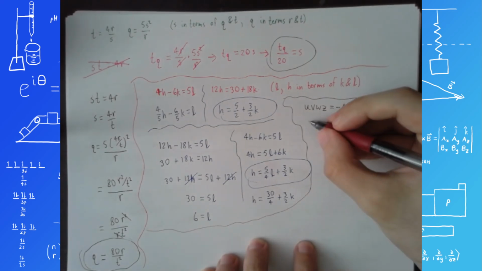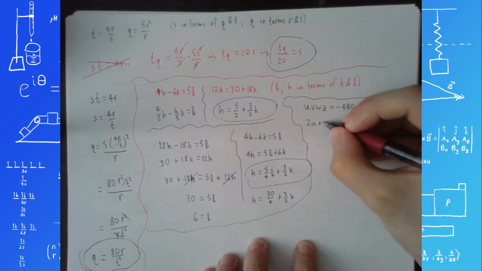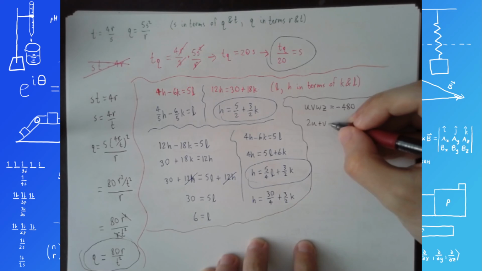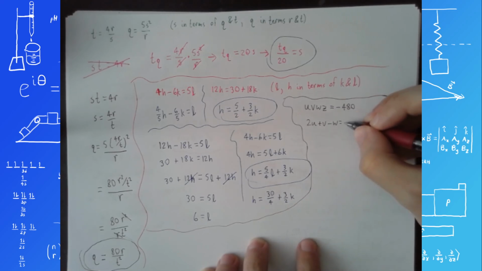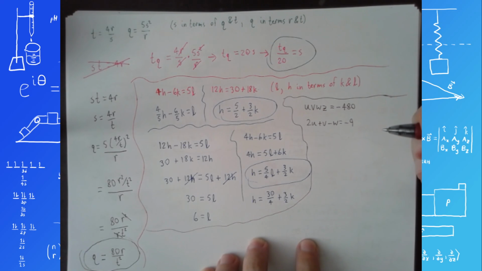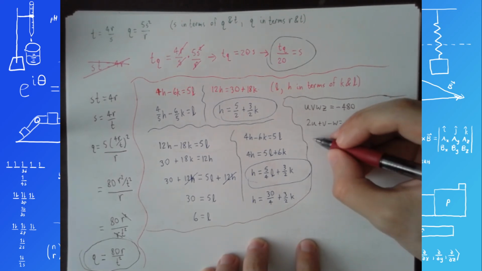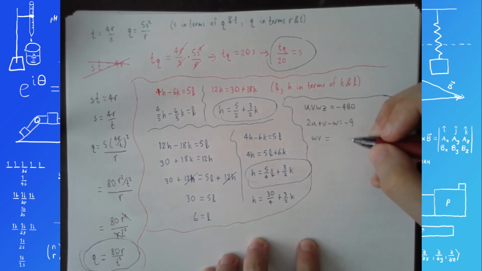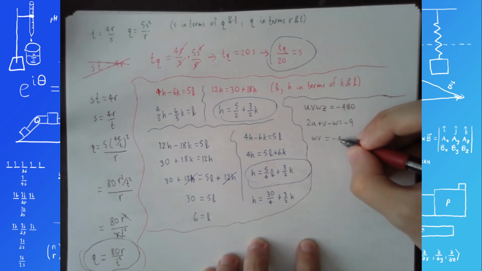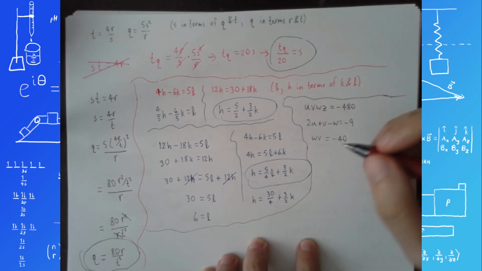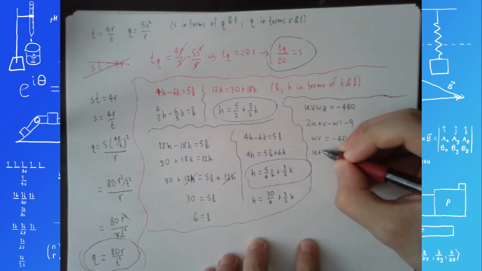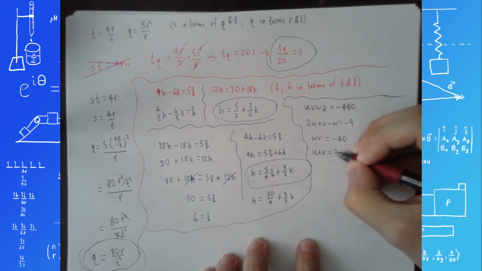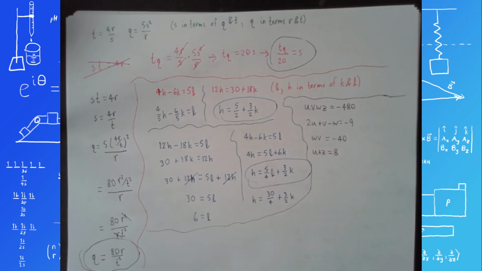And then we've got 2u plus v minus w is equal to negative 9. And then we've got w times v is equal to negative 40. And then we've got u plus z is equal to 8. So the one good thing about this problem is that you've got 4 variables, and for